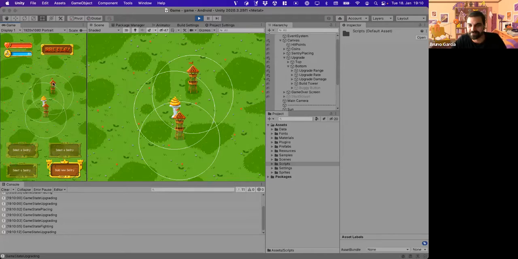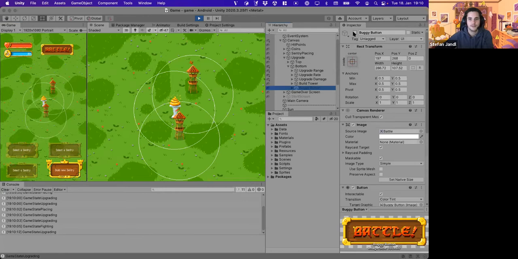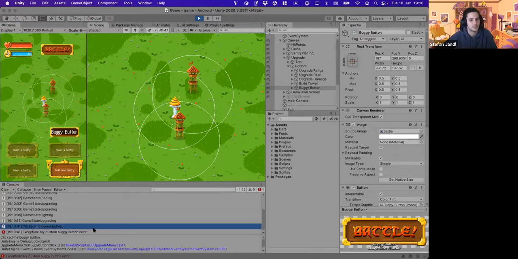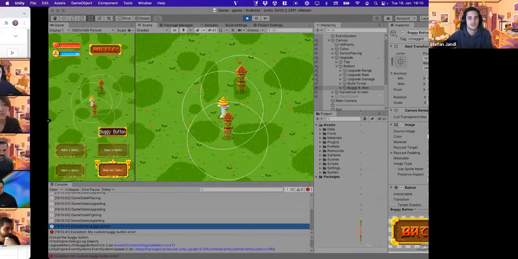Sorry, Stefan. What I prepared for us, because okay, we have the game now. Where's Sentry? So I prepared a little buggy button, and if I click that button, there's some faulty code in the background that's going to create an error. So I click that button, I log a little message, I click the buggy button, and there is my error. So if I now go to Sentry.io,